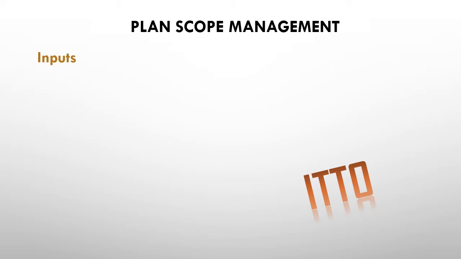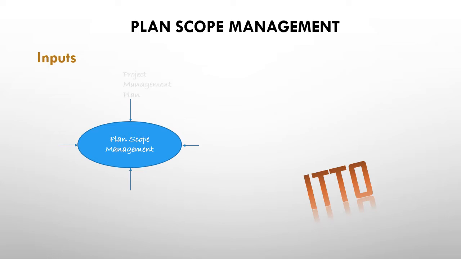Let's first discuss the inputs for plan scope management. The first input is the project management plan. The project management plan, and any subsidiary plans of it, can be used to create the scope management plan. It basically influences the approach that you take for planning the scope and managing the project scope. Okay, so in the project management plan,